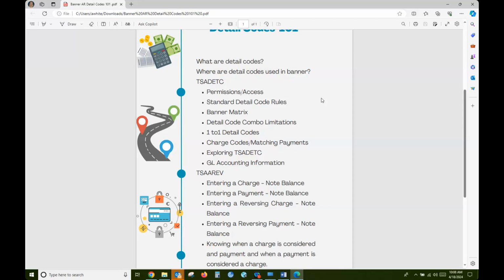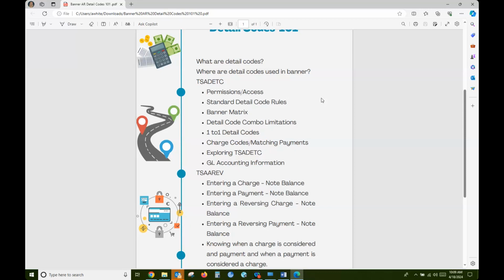That was a lot, but it all flows together, in other words. So we all have relationships, so do these tables in Banner that hold all of your data. So permissions and access to TSA DTC is very limited. It should be limited. And so if you're sitting here thinking, I don't have access to TSA DTC, maybe you